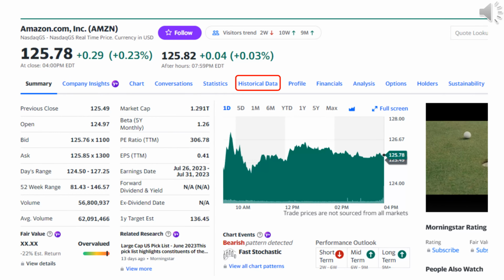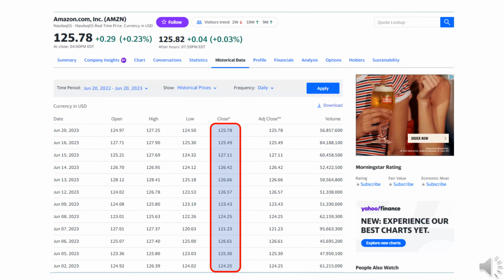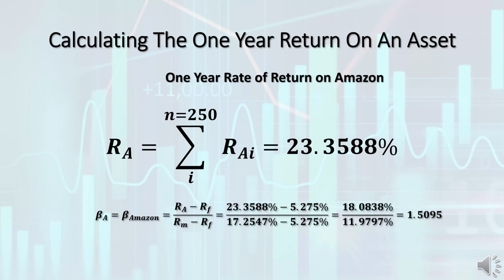Repeat the process to find the 1-year rate for Amazon. Copying and pasting the historical data and making required calculations as was done for the S&P 500, one obtains the following. The value for the 1-year rate of return is the same as before, that is 23.3588%. Consequently, the beta value is also the same, or 1.5095. Since the discussion now has enough information to calculate the covariance/variance, the purpose of this exercise, it is time